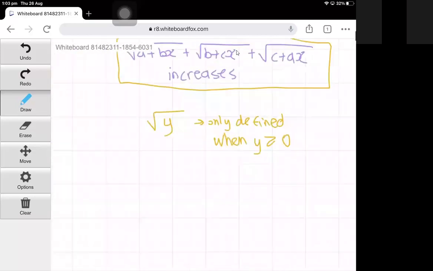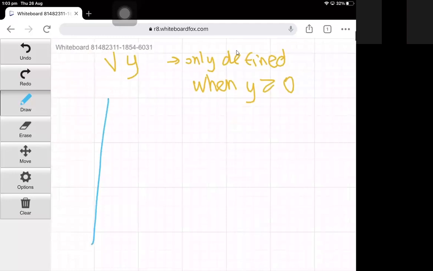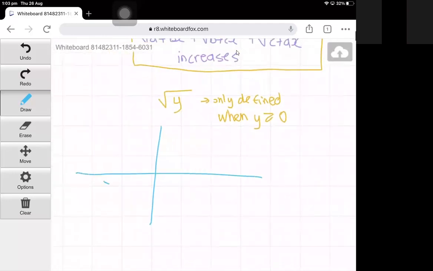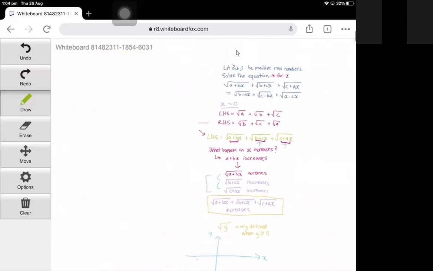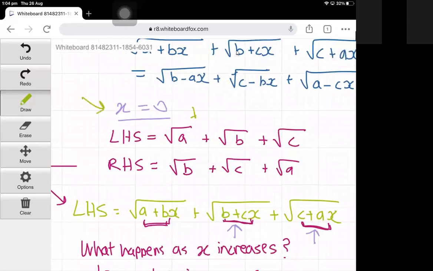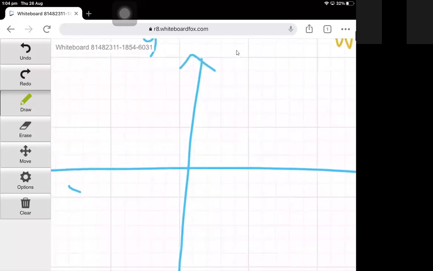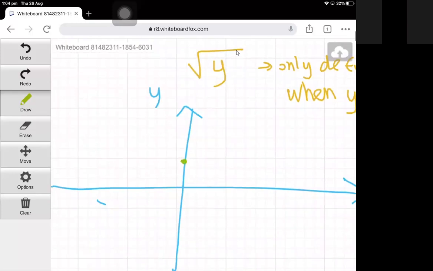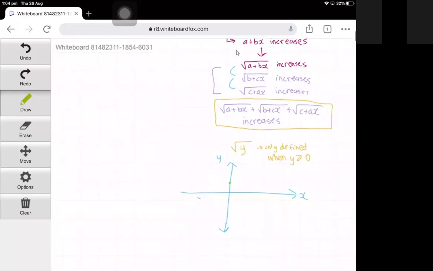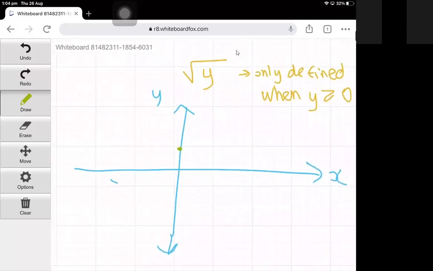So if we graph the left-hand side, if we draw x and y axis, we know the function is defined at x equals 0 because we have square root of a, b, and c. So at x equals 0, the function of the left-hand side will be somewhere here. And we can see the function might do some stuff like this,